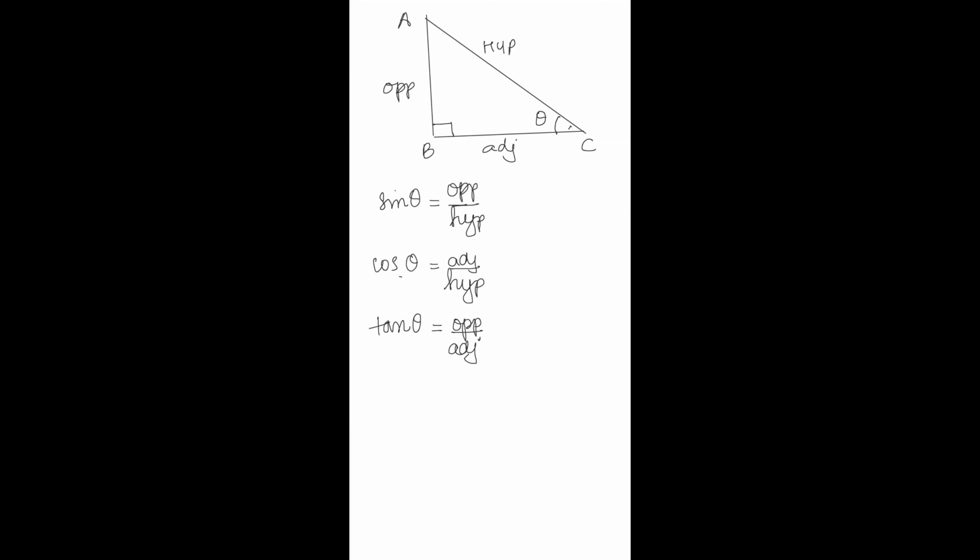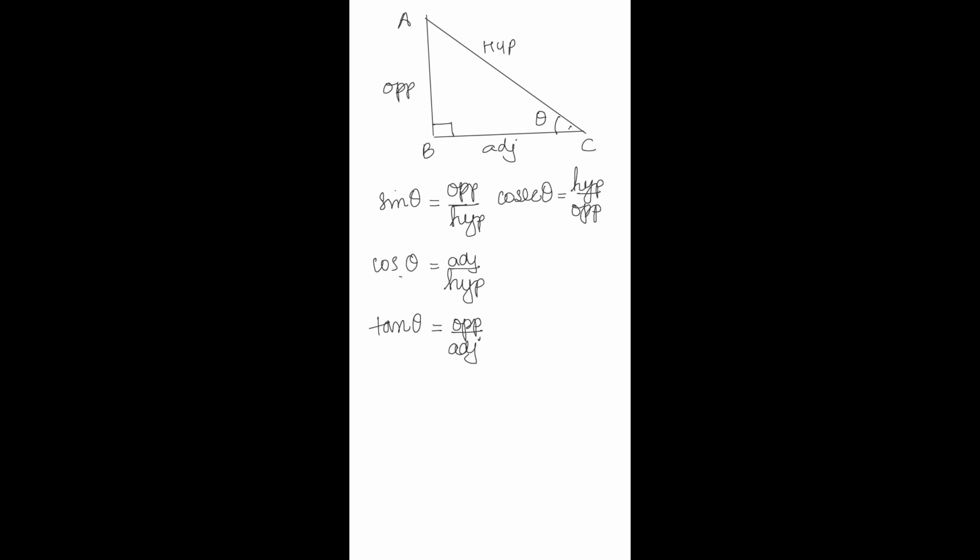So these are three primary ratios, sine, cos, tan. Sine theta is equal to opposite upon hypotenuse. Cos theta is equal to adjacent upon hypotenuse. Tan theta is equal to opposite upon adjacent. Then we have three more trigonometric ratios, which are basically the reciprocals of sine, cos, and tan. So the reciprocal of sine ratio is cosecant ratio, which we cut short to cosec theta. The cosec theta is the reciprocal of sine theta. So sine is opposite upon hypotenuse, cosec theta will be hypotenuse upon opposite.